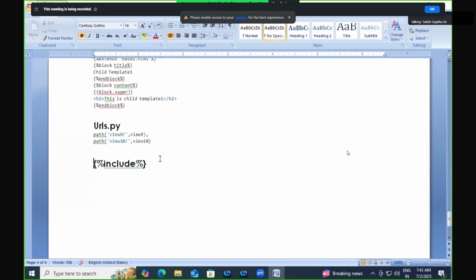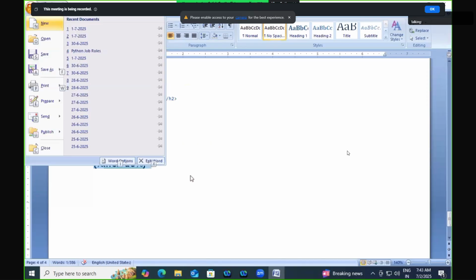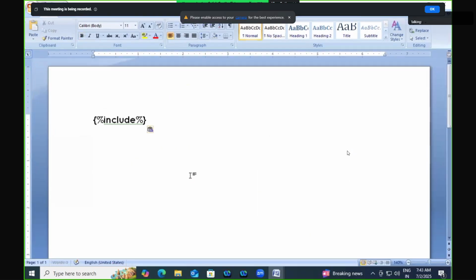Then after that, there is one more tag. And that other tag is include. There's a tag called include. So, percentage include. What is the use of this tag? This tag is used to include the content of one template